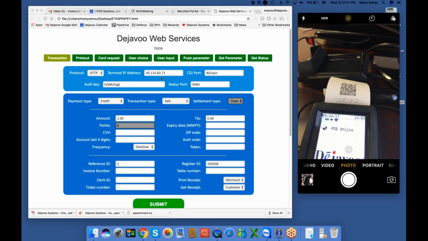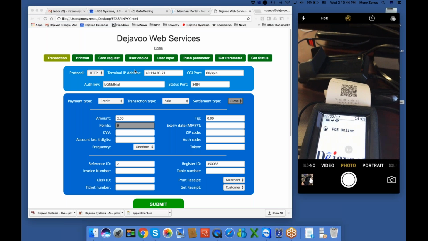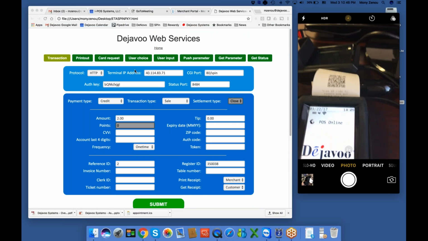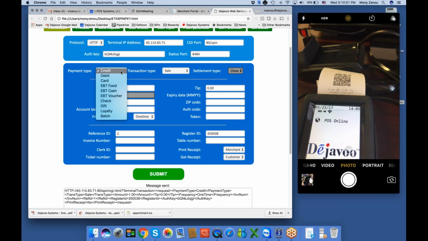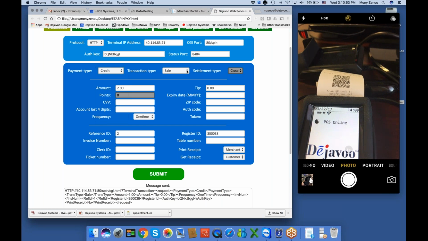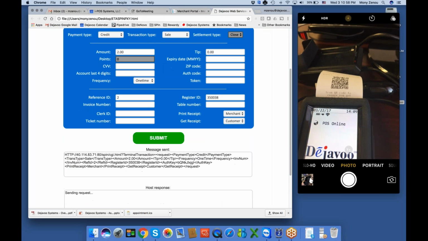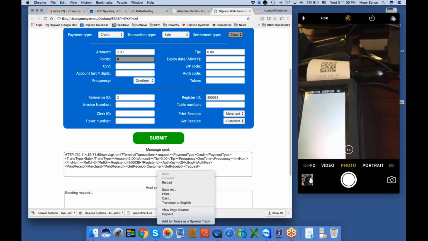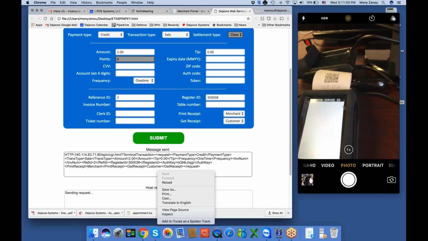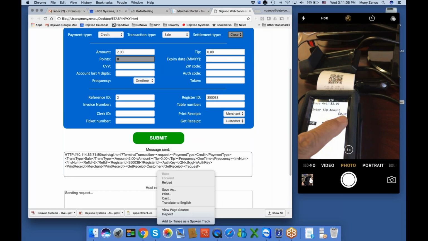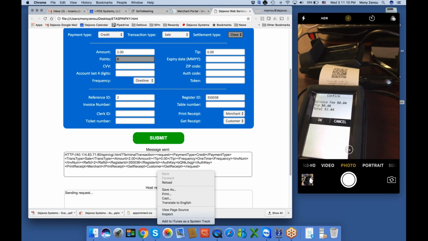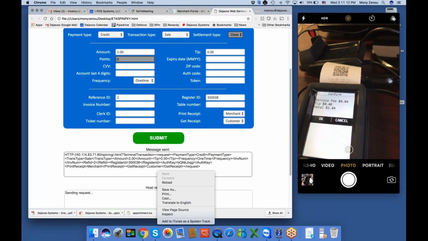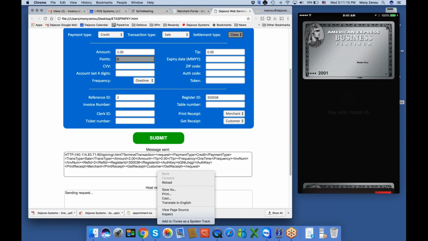So I'm emulating the transaction from our spin emulator, which is the tool that our VAR uses. I'm choosing a payment type, which would be any of those options. I'm choosing a sale, and I am submitting a transaction, which gets to the POS. I'm entering terminal ID or server ID. I'm choosing a default percentage. I'm doing the service fee, approving it, and paying with my